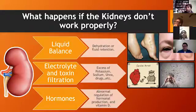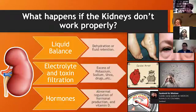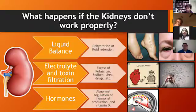And with hormones, of course, we can see that the blood pressure starts to rise, both because you are retaining some fluids and also because the hormones that regulate the blood pressure are controlled, in a certain way, by the kidneys. Also vitamin D and a hormone called erythropoietin are produced in the kidneys, which basically,